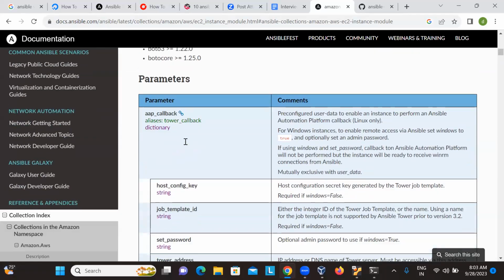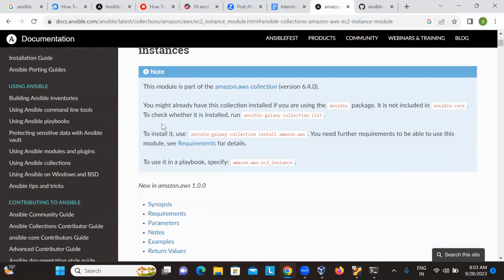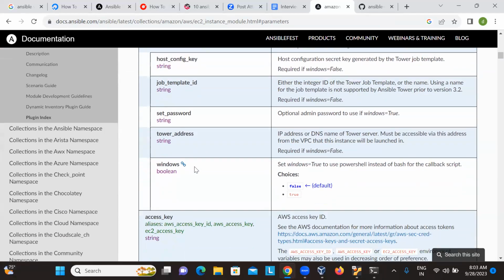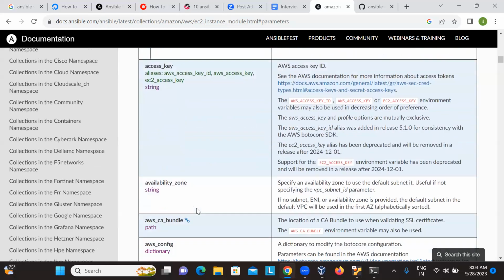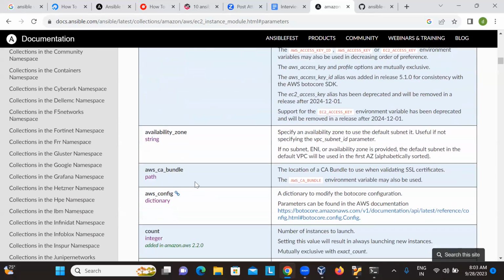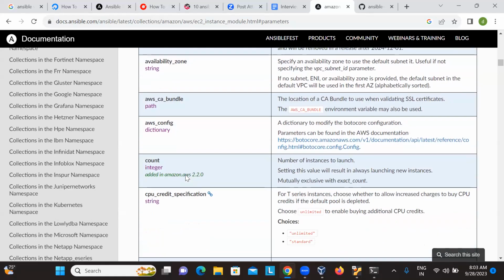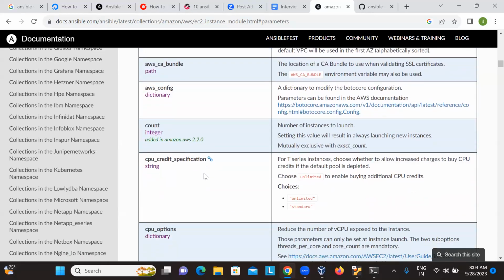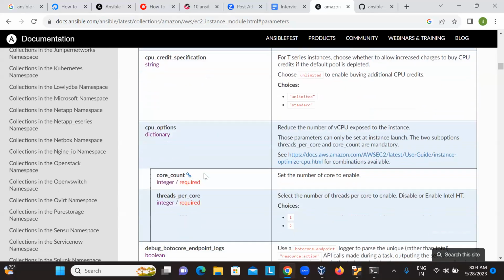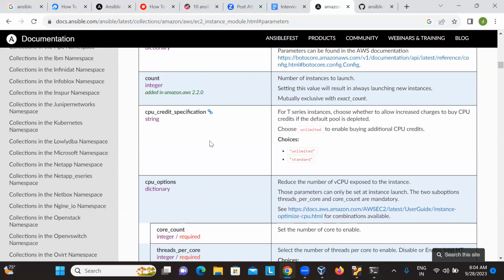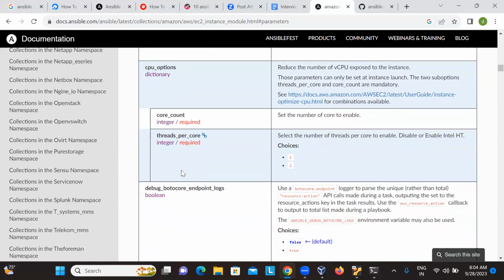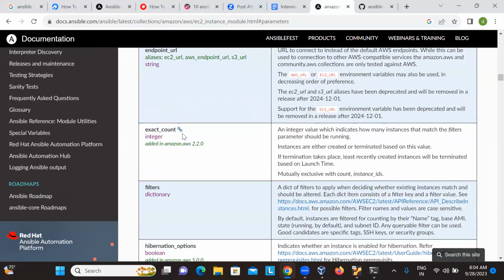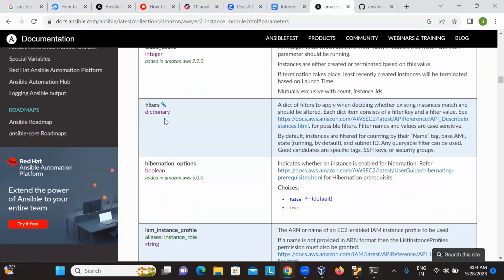This one, yeah, parameters, yeah. So access key, availability zone, AWS CA bundle, AWS config, count, CPU credit specifications, CPU options, debug, detail monitoring, EBS optimized, endpoint URL, exact count, which is for launching multiple instances,